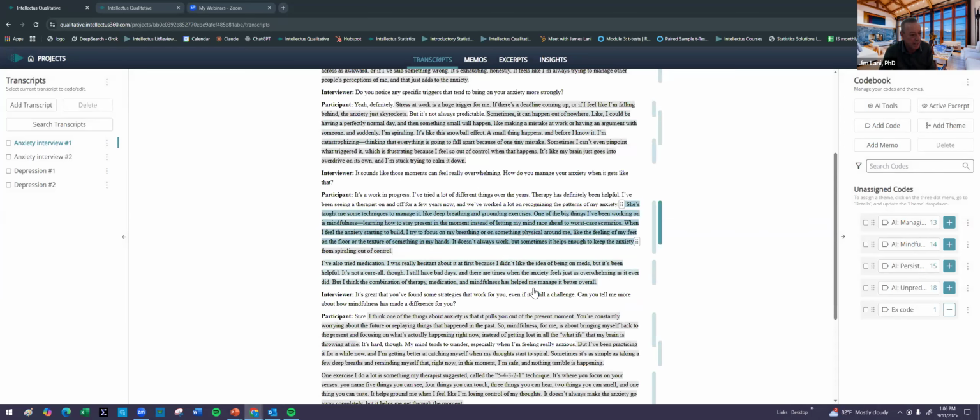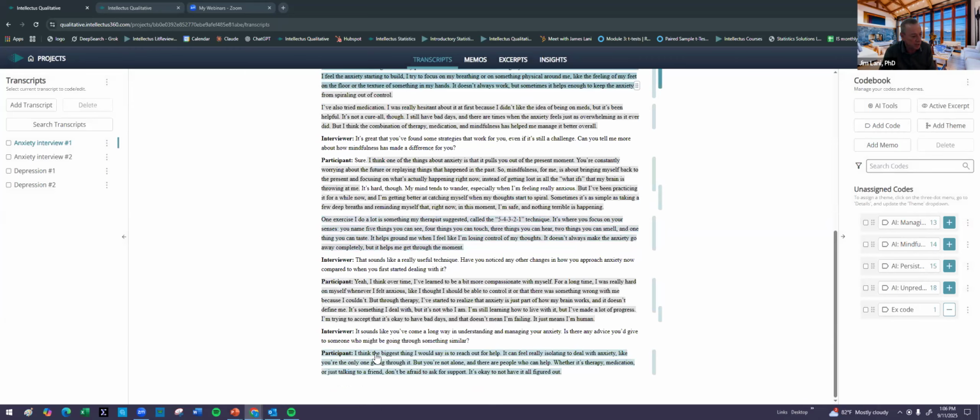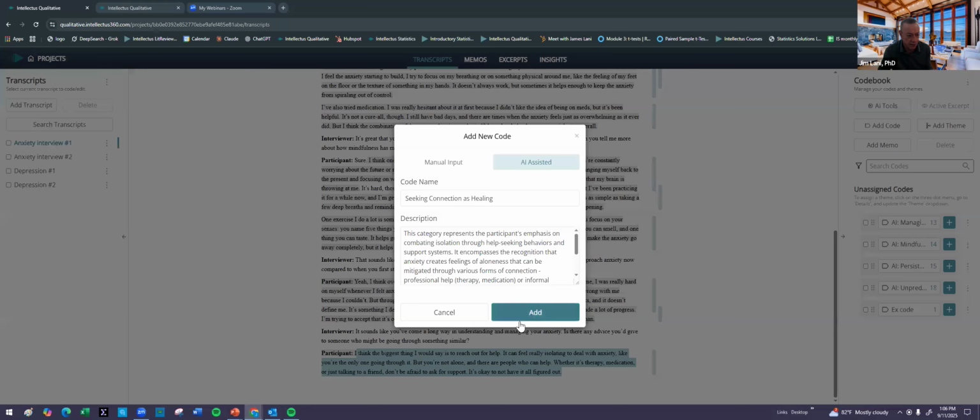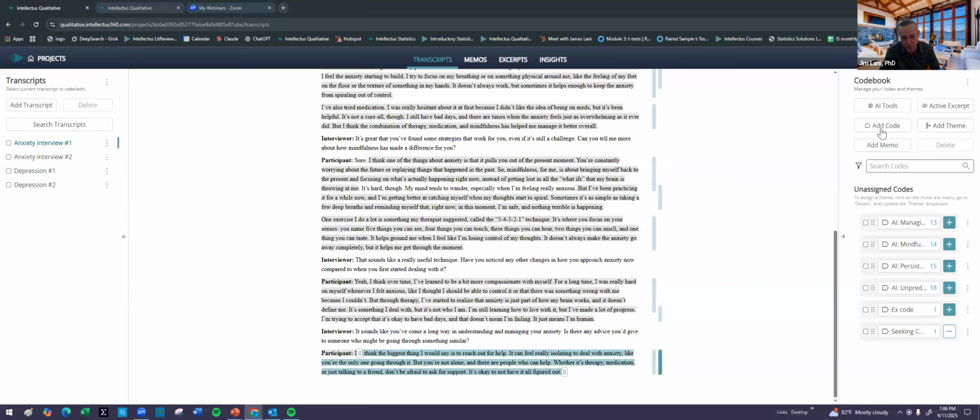Or I can identify a passage, go to code and get AI assist. And what it's going to do is support you in getting a name and description for that excerpt. So a couple of ways of AI, manual, and hybrid coding. Ditto with